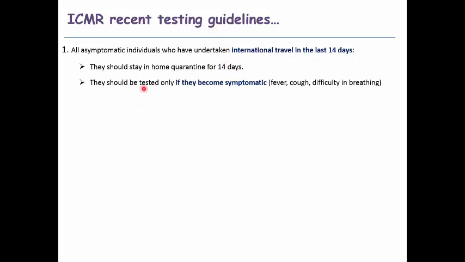During that period, if they become symptomatic, like if they get any fever, common cold, cough, difficulty in breathing, they must be tested with the corona testing procedures. Then all symptomatic contacts of laboratory confirmed cases. When we talk about symptomatic, that means the individual has a history of fever, cough and difficulty in breathing. Just for example, if any individual of one family becomes positive, then all their close contacts should be tested.